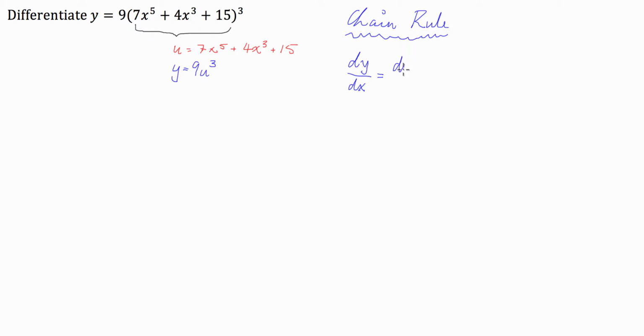So the derivative of y in terms of u, multiplied by the inside function, which is u in terms of x. We're going to find the derivative of that as well, du